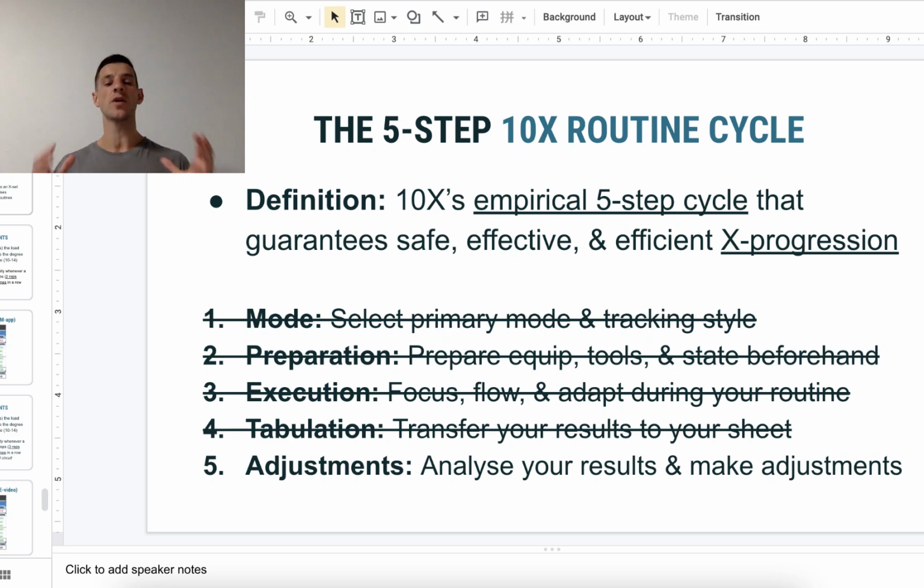So in this video, I'm going to show you exactly how we go about taking data from your app or a video and transferring it to your sheet so that you can analyze your workout. You can also score yourself and make the appropriate and strategic adjustments to the workout so that we ensure continuous